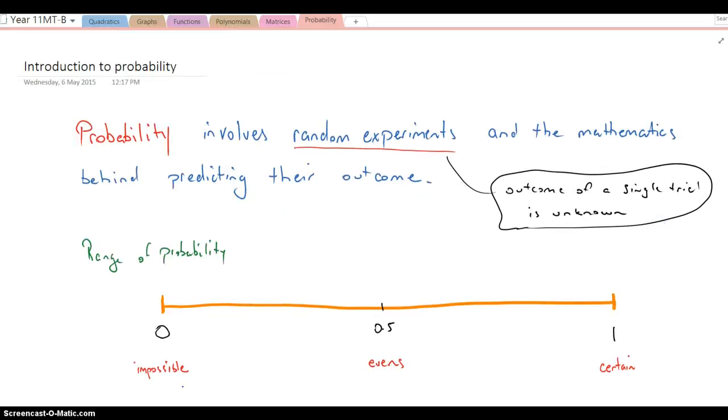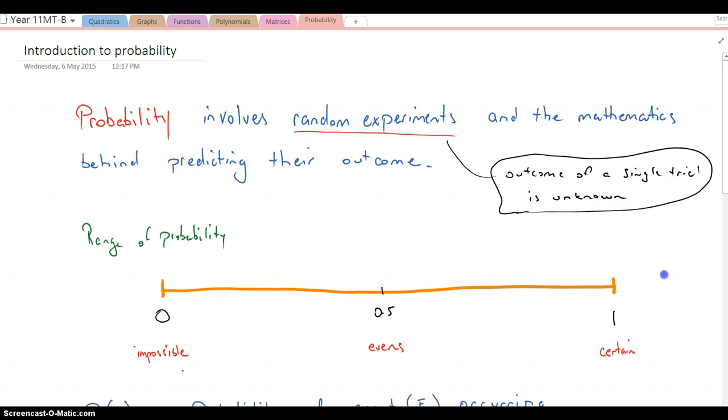Okay, welcome to our new topic on probability. This screencast is going to deal with just the introduction to that and some of the language around probability, so that when you come to class tomorrow, hopefully you've taken down these notes, you've had a little think about it, and we're going to have a nice discussion about probability and start to then look at solving some problems and doing some tasks around probability.